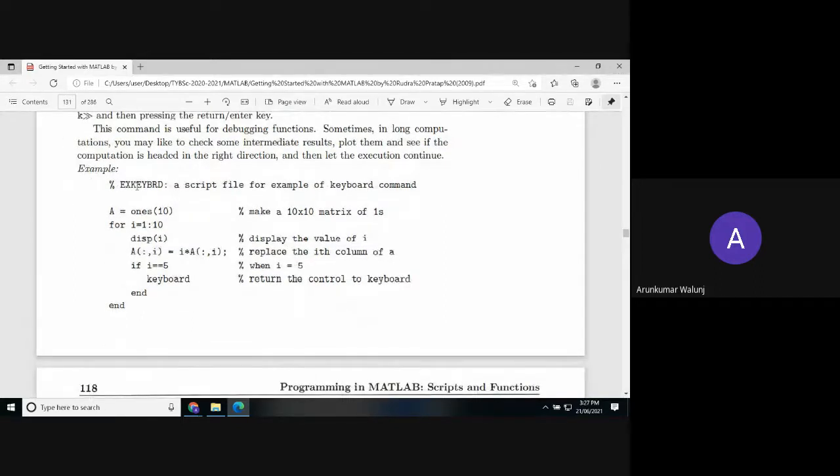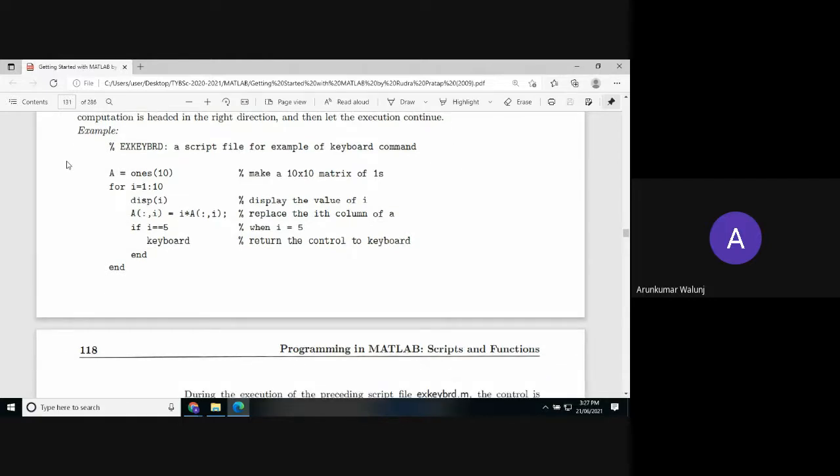Say for example, I can validate this through an example. In some computation, you may like to check some intermediate results, say plot them and see if the computation is headed in the right direction or not, and then resume the execution and continue. Say for example, a script file is written for the example keyboard command.